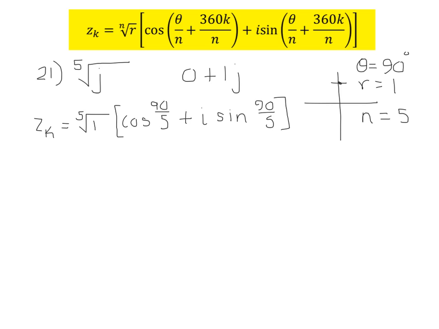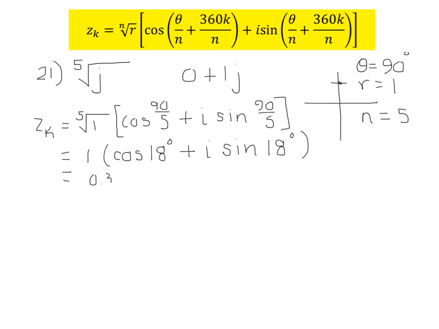So when I divide 90 by 5, I get an angle measure that I don't recognize as a critical value on my unit circle. So the fifth root of 1 is 1. I get 18 degrees for my angle measure. Cosine of 18 degrees plus I times the sine of 18 degrees. Because I don't recognize 18 degrees as one of my critical angles on the unit circle, I'm not going to be expected to give its exact value. So I can use my calculator with its mode in degrees and just type in cosine of 18 and then sine of 18. So my first fifth root of j is